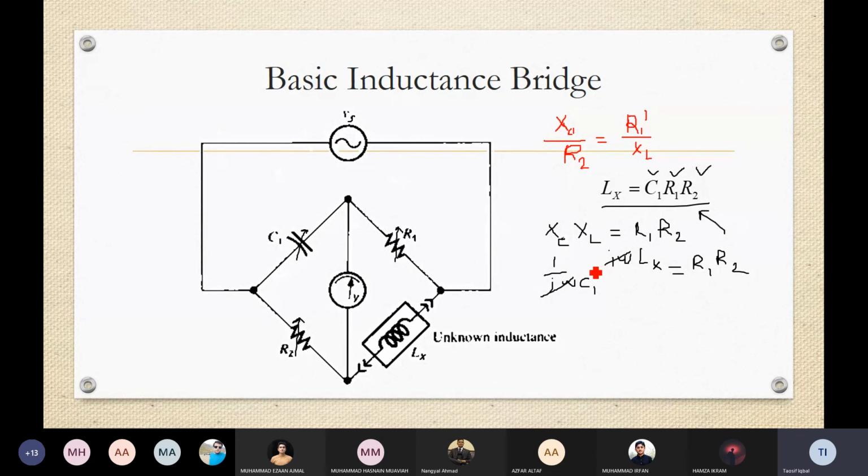ठीक है। तो therefore from here we have XC multiplied by XL equal to R1 and R2। तो अब यहाँ से अगर हम देखें तो 1 by j omega C1 into j omega L, so j omega cancel out हो गए, Lx is now equal to C1 R1 R2, ठीक है। तो अगर XC की वैल्यू जो है वो कम करते हैं तो R1 की वैल्यू भी कम होगी, ताकि R2 और XL जो है वो बैलेंस हो जाए, ठीक है जी। So we have to vary all three components to get the value of Lx, and obviously that won't be easy। और दूसरा ये कि अगर प्योर इंडक्टर नहीं है तो obviously फिर ये वाला सर्किट जो है वो फेल हो जाएगा,